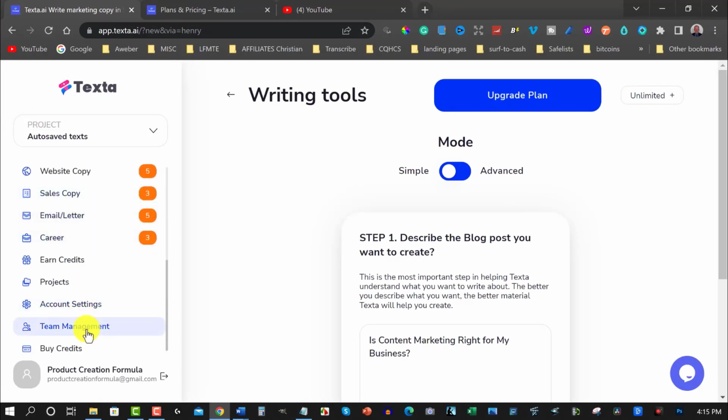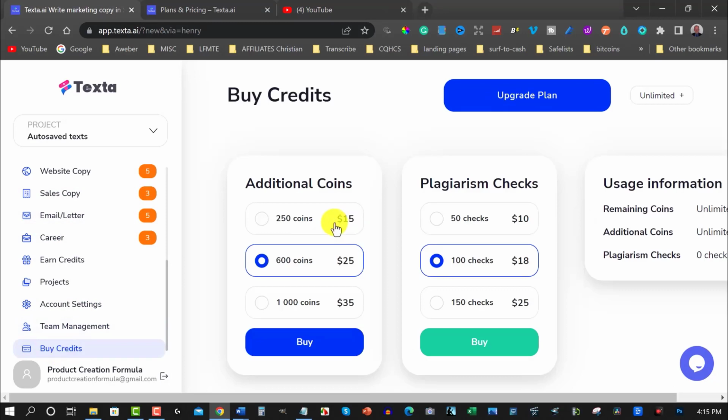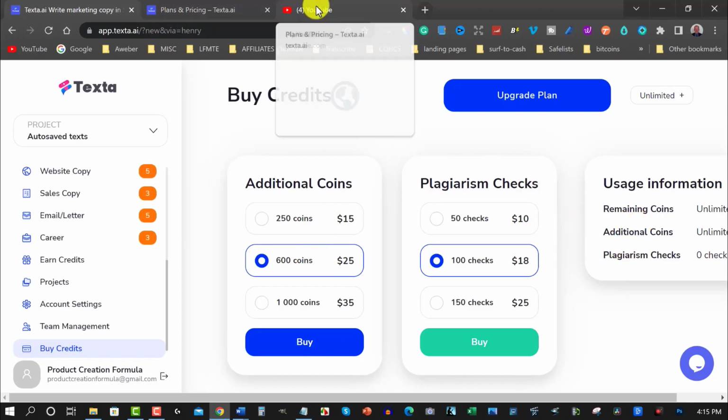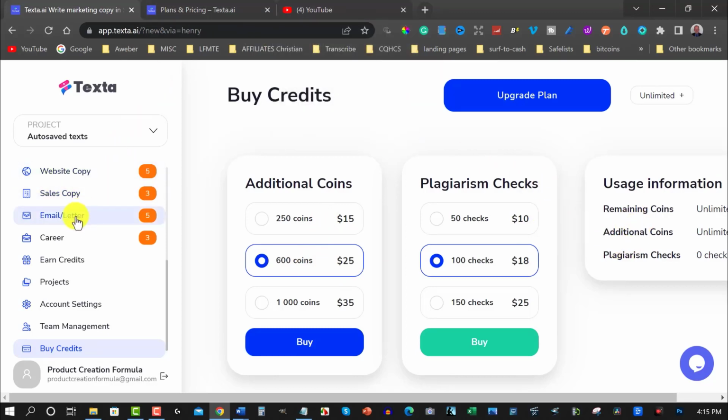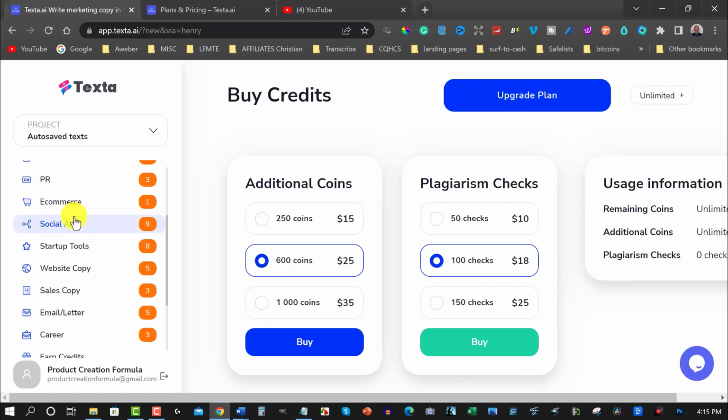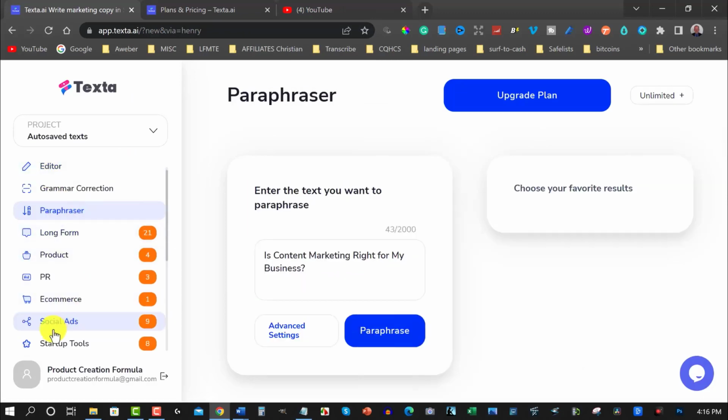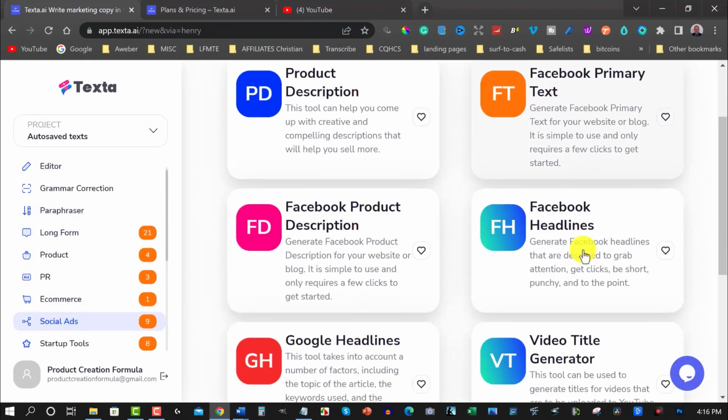So as I said, you can buy extra credits if you wish to, and you can do 250 coins for $15, 600 coins for $25, and so forth. Now let's go and have a look at creating a headline for a video, and let's see what that comes up with. Okay, now let's go down here to social ads, and we'll click on that, and we can scroll down